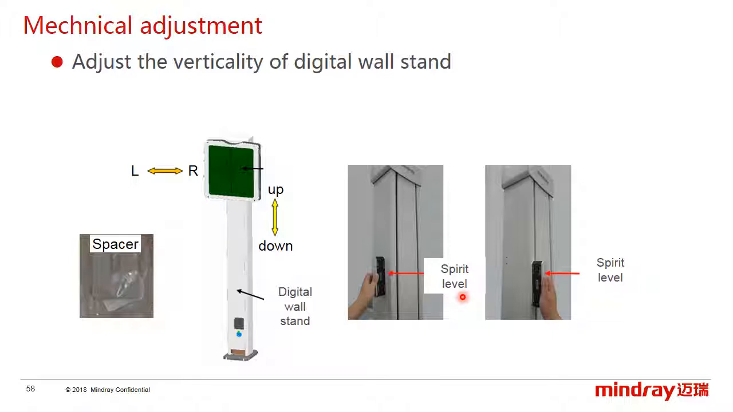The last one is the verticality of the workstand. Check the stand level laterally in the front side, like the picture shows, and add the spacer under the workstand depending on the spirit level, and we can find this spacer in the